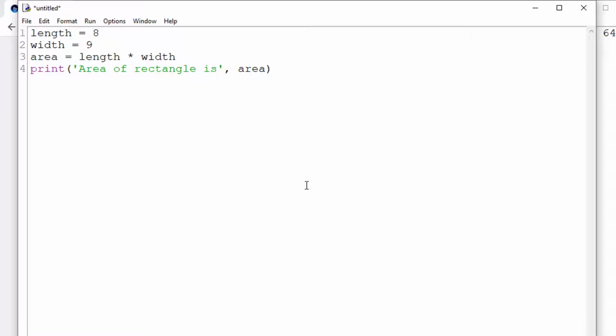Here length and width are assigned constant values, and area is assigned by an expression, multiplication of length into width. When you run the program, it will show the result. Area of rectangle is 72.